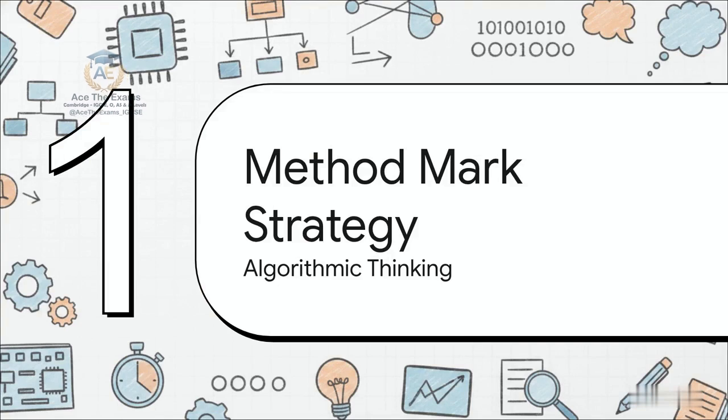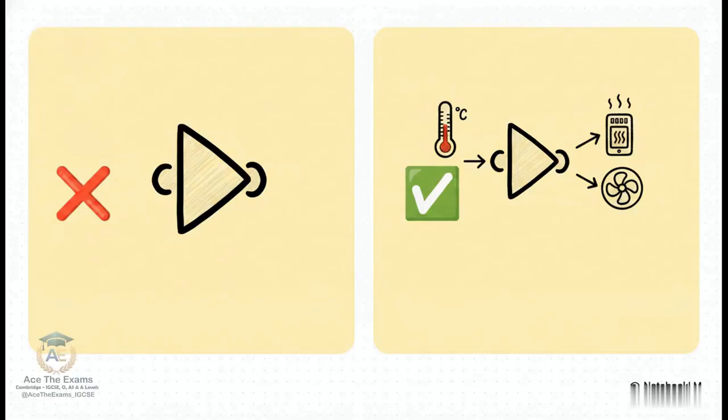Section 2. The Method Mark Strategy. This is the transformation phase, where precise algorithmic thinking literally turns those brutal red pen marks into beautiful green check marks. Look closely at how this builds. The generic answer on the left gets absolutely nothing, 0 marks, while the perfectly structured PEAL answer on the right earns maximum method marks for flawless logical reasoning and cross-topic connections.